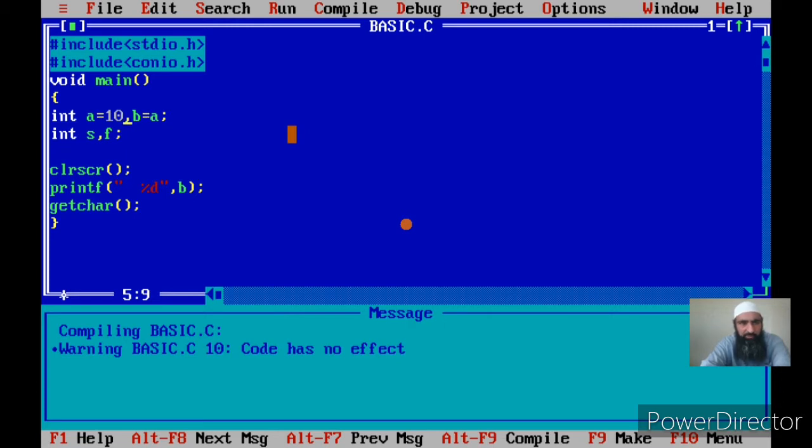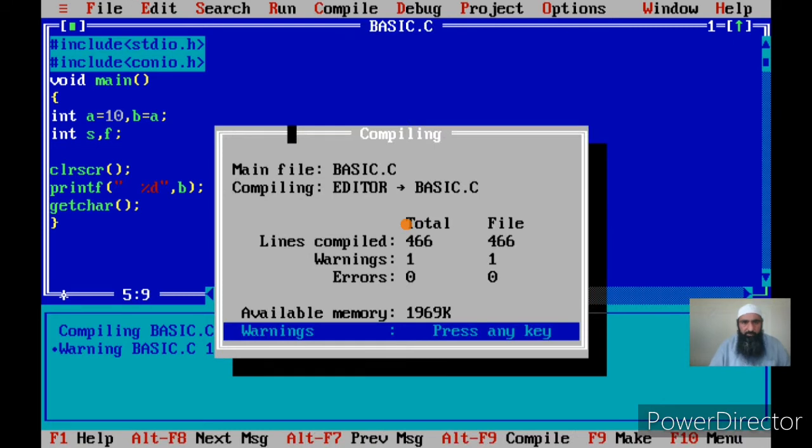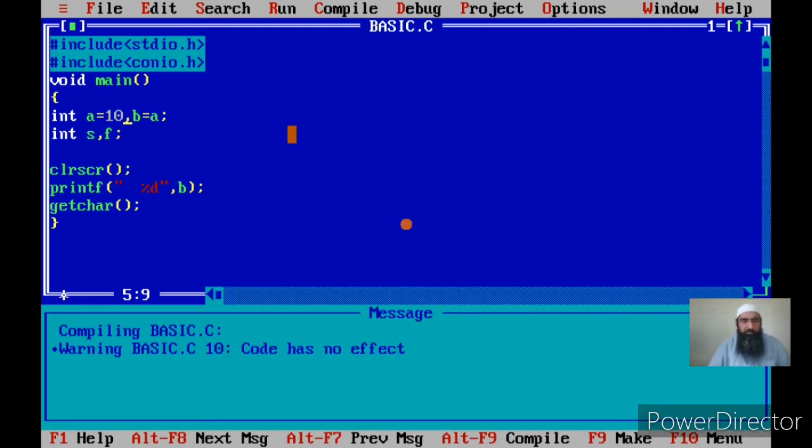I hope it is clear. But I cannot do it in a reverse way. Now let me first compile this. So I can do it. Now if I say